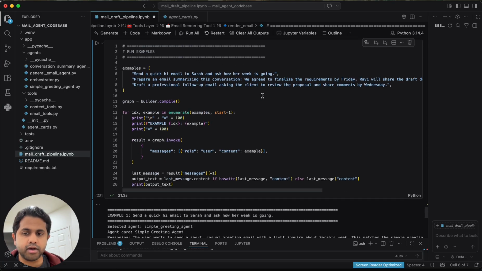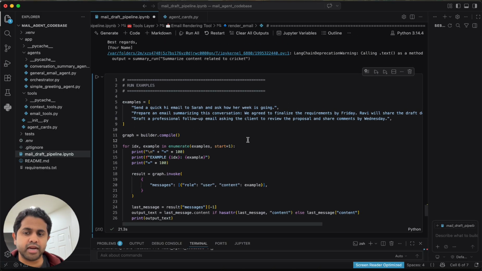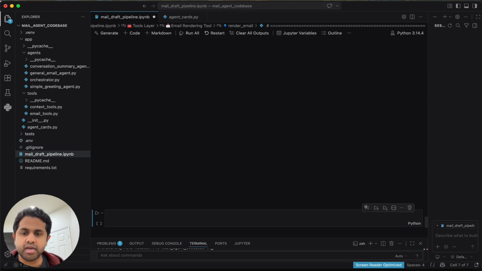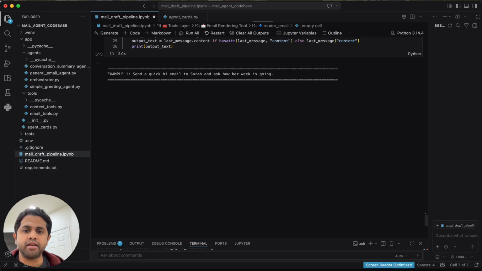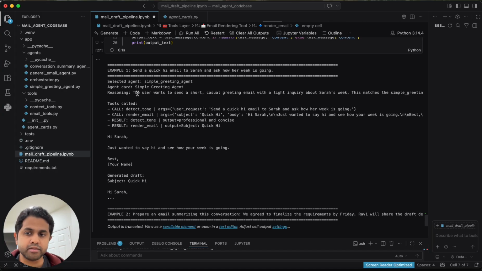In this one, this is just a simplistic agent pipeline so that everyone has a clear picture of how to build agents using LangGraph along with the tools. And here there are three scenarios: a greeting message, a summarization, and also a general purpose mail draft. For each of these, we can run this process and we'll be able to see the output as well as the tools called by the LangGraph code base for